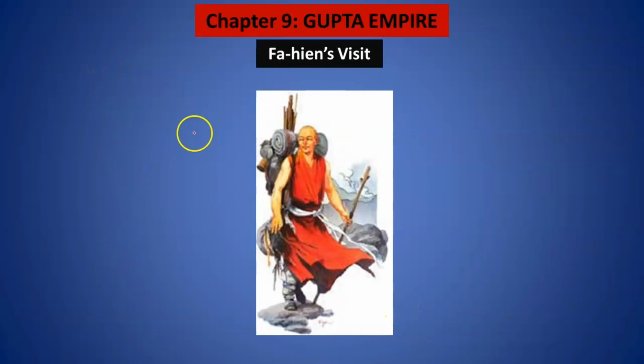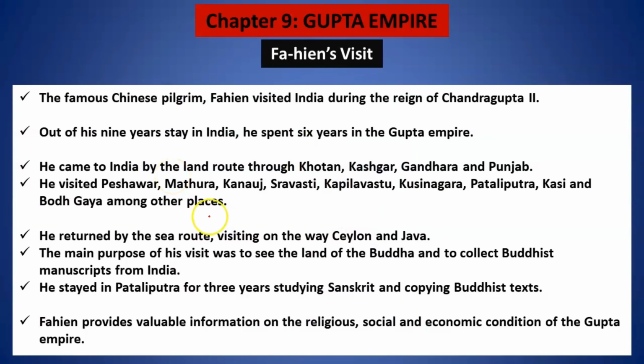Okay. Now Fa-hien from China visits India. He was a monk and he wanted to study Buddhism. Let's see how much he can learn, because Chandragupta II and the rulers we are learning about were following Vaishnavism, that means Brahmanism. Then will they allow him to stay in India and study? Yes. Chandragupta II was liberal and he allowed him to stay for some years in India and study Buddhist culture, whatever he wanted to study.